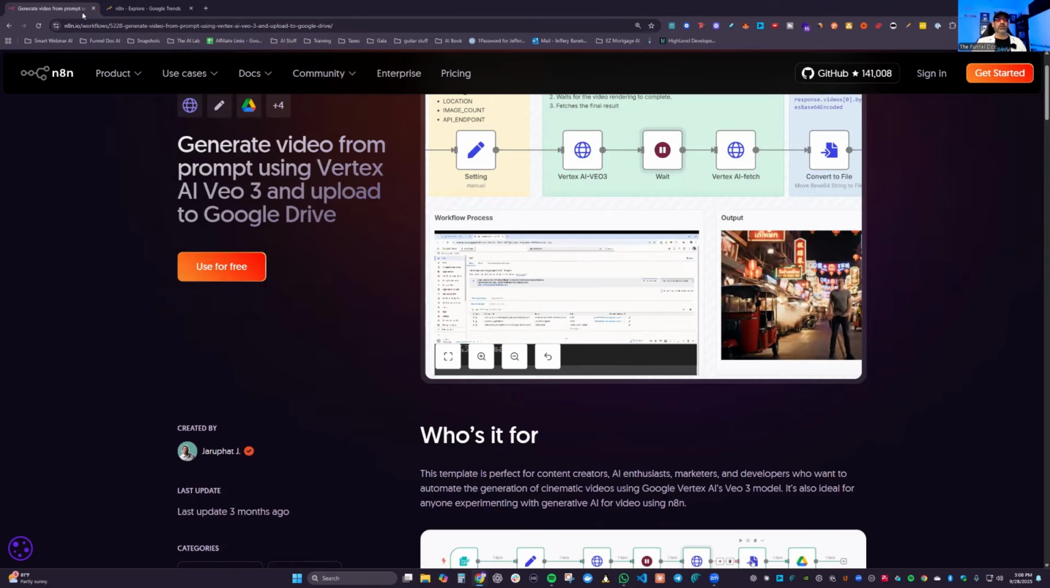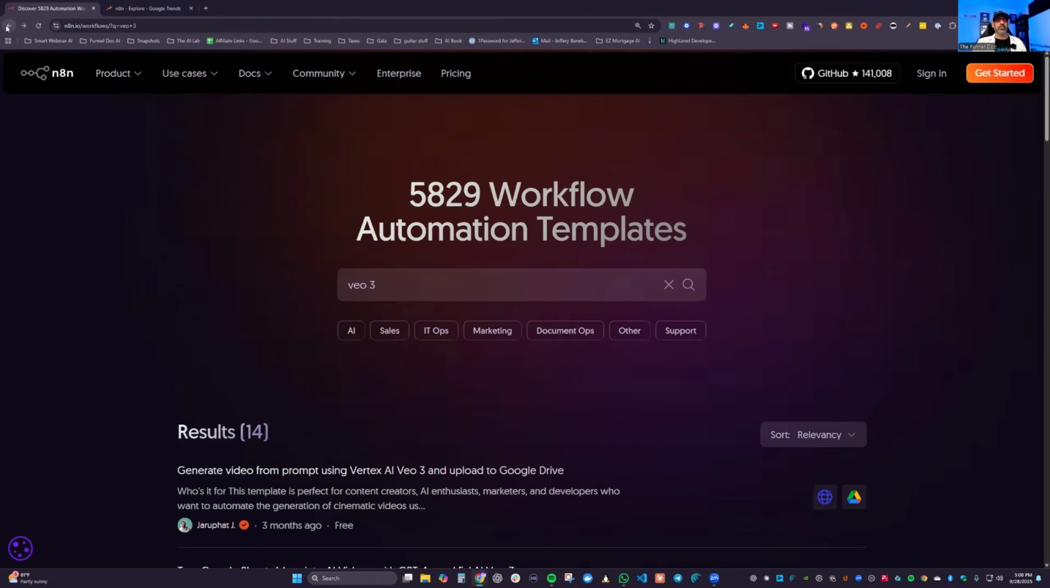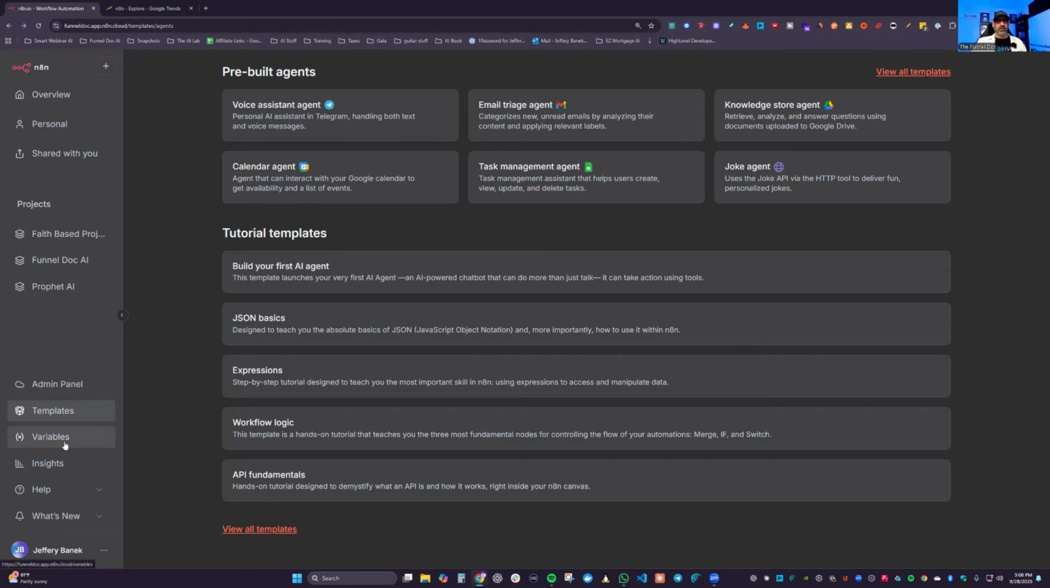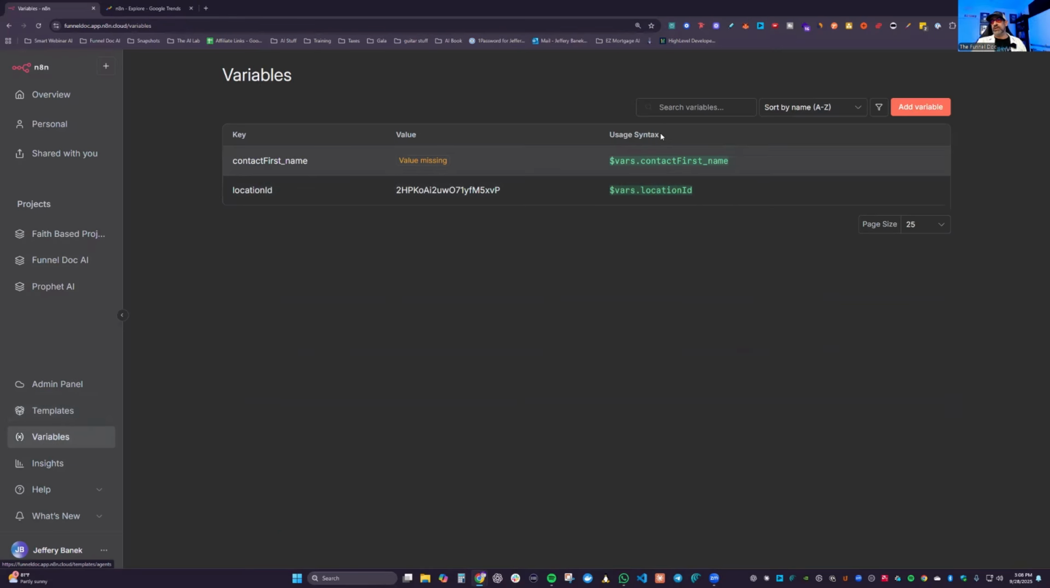The next thing we'll look at is, going on back here, we'll go back. All right. So the next thing we'll look at is variables. Now this is only on the pro plan, where you can come in, and this is one of my location IDs. So I've added this variable right here, variable location ID. So anywhere I need to use that location ID, I can put that variable and it'll dynamically pull in that